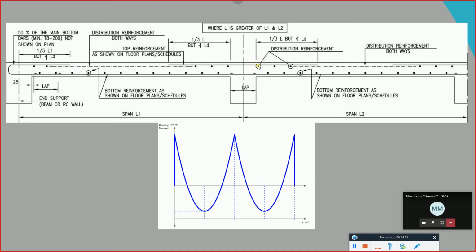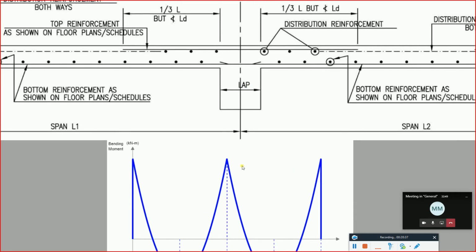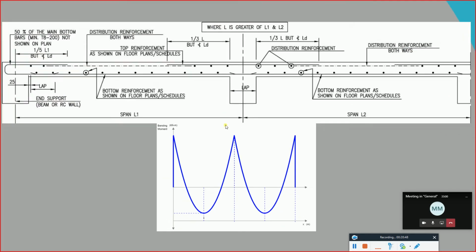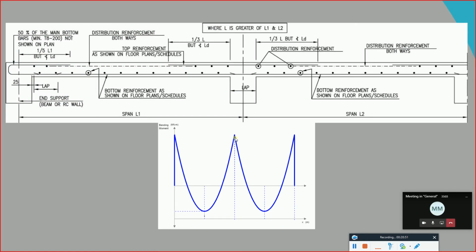Now when it comes to the continuous support, which is here, we have discussed already the discontinuous support, which is acting to be a simple case. We're going to go for the continuous support, where this is the middle or the intermediate support. So what we need to provide, due to the negative bending moment, we are going to provide the top reinforcement. So this is my support. Reinforcement will start from here to here, but this is not going to be sufficient, because if you see, the bending moment is not only acting at the center of the column, it extends till this position,